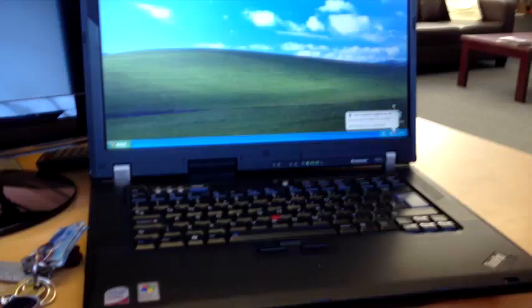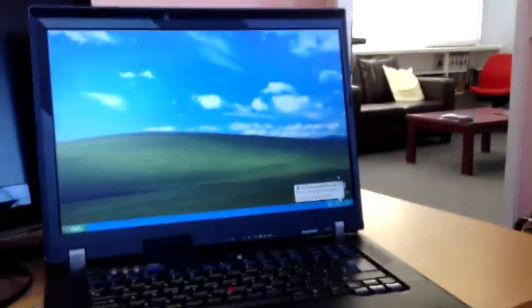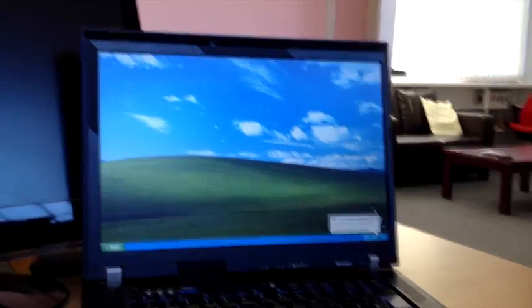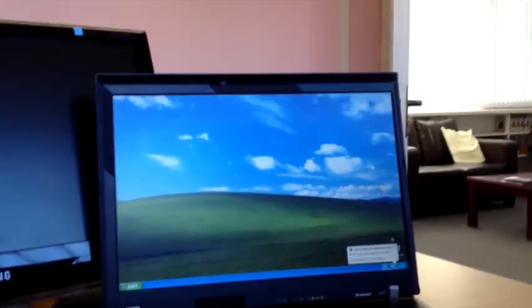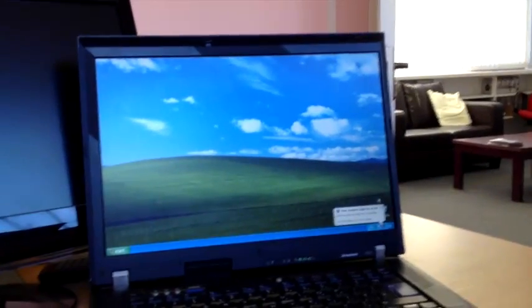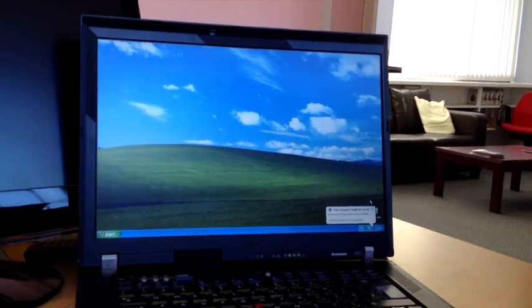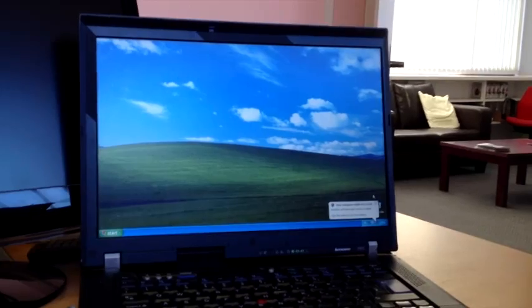So that's XP installed. I've never done a slipstreamed Service Pack 3 install on this computer, but I've used a disk this time that came preloaded with Service Pack 3, and what I noticed was Windows tried to set itself up, well it did, it set itself up in widescreen. I think it was using 960 by...